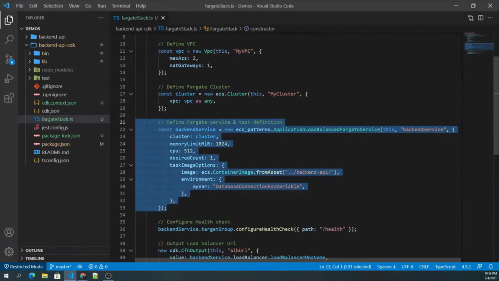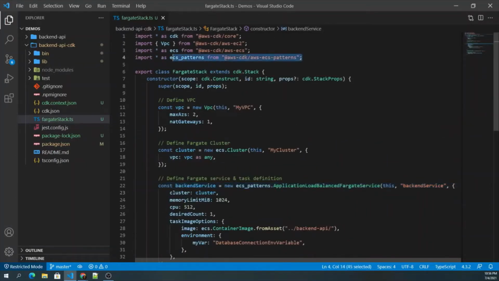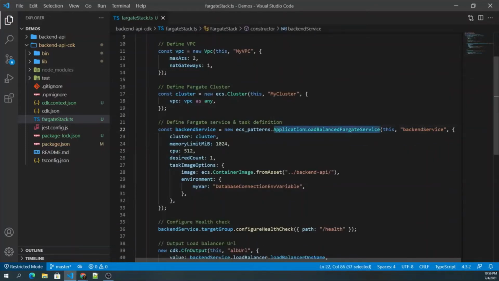So with this particular lines, what you are doing is you are using the ECS patterns construct imported from here and defining your Fargate service. And we are naming this Fargate service as backend service, and we are setting the cluster here. By setting the cluster here, what we are telling this is we want this particular service to be created inside this particular cluster. And then you specify the memory and CPU limits for your tasks. And then you have the desired counts. So since I want to have 2 tasks running inside this service at any given time, so I will specify the desired count as 2.